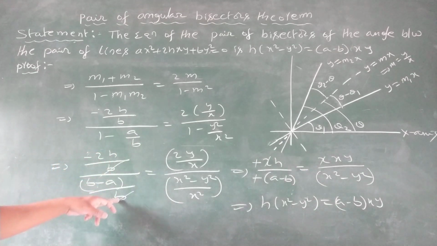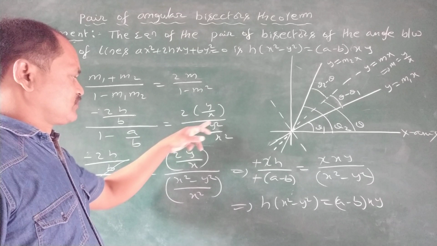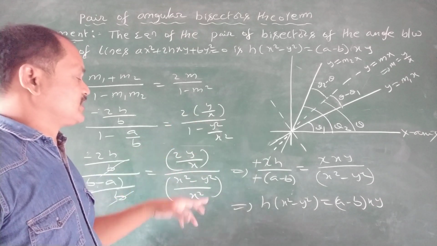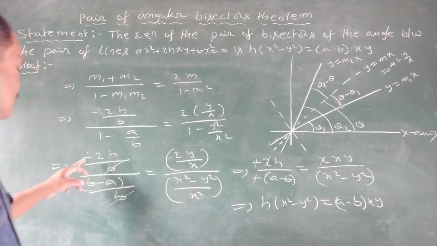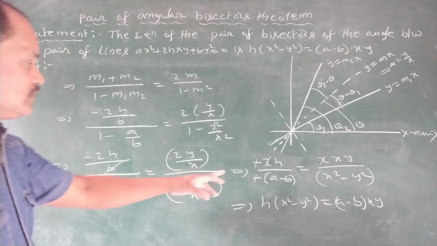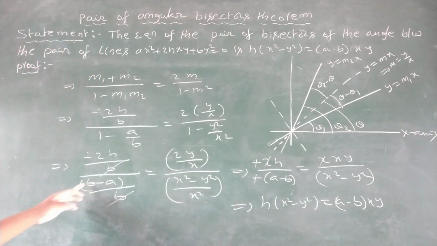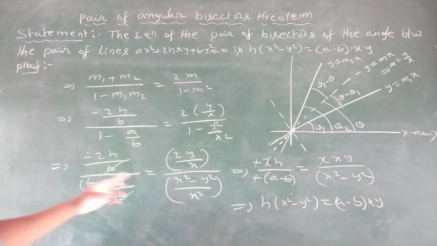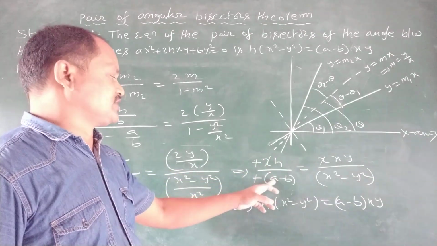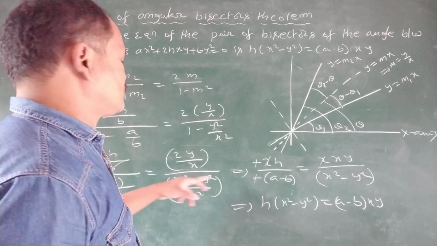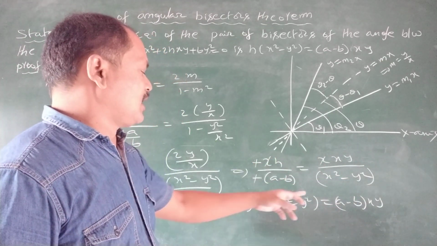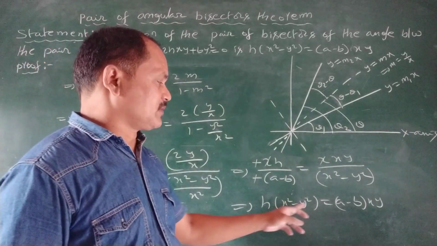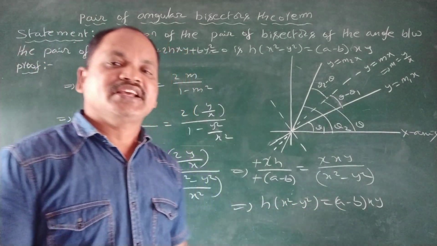So b gets cancelled. Here take LCM: x square minus y square by x square, 2y by x. Now reciprocal, x gets cancelled. Here it is 2h by, take common minus of a minus b. Minus gets cancelled. 2h by a minus b. Here it is 2xy by x square minus y square. That's why 2 gets cancelled. Apply cross multiplication. H into x square minus y square is equal to a minus b into xy,